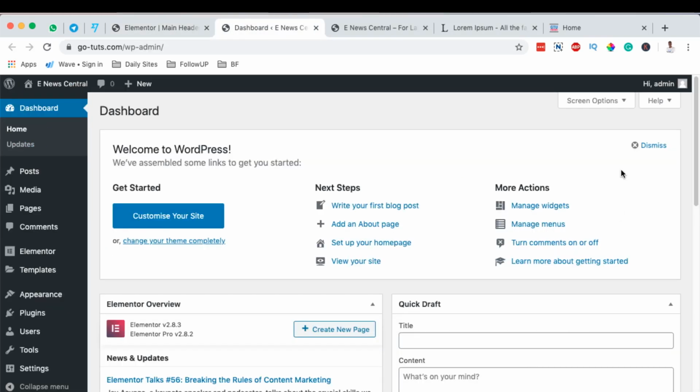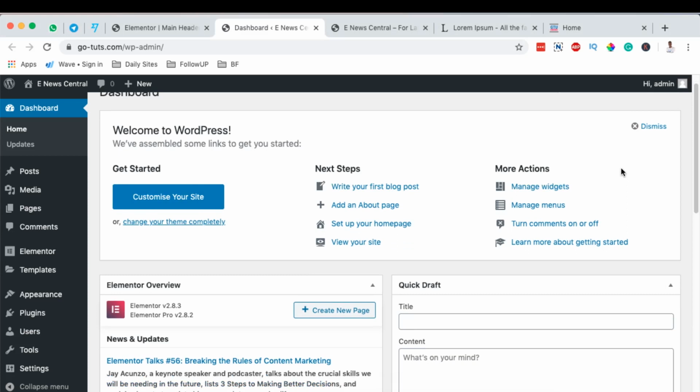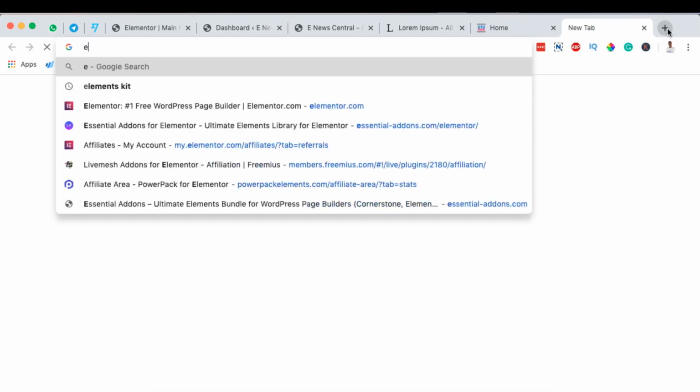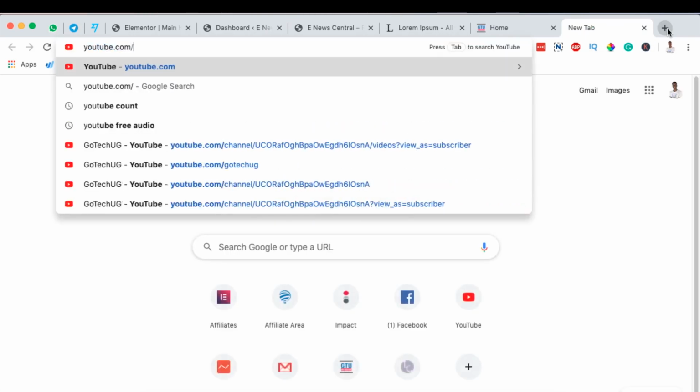And inside our dashboard, we are going to add two new amazing plugins. One is called HT Mega Addons for Elementor, and another one is called Elements Kit. Now, I have actually made specific tutorials on these two Elementor add-ons or extensions, and by going to my YouTube channel,